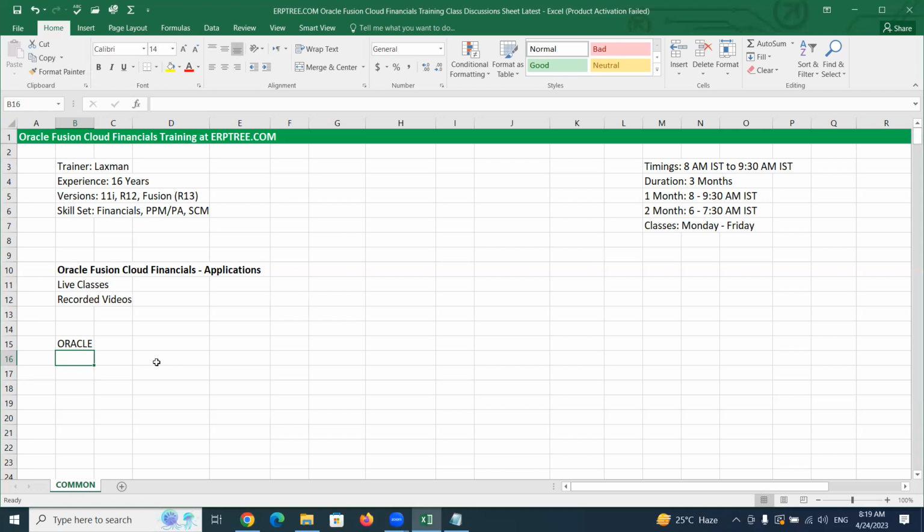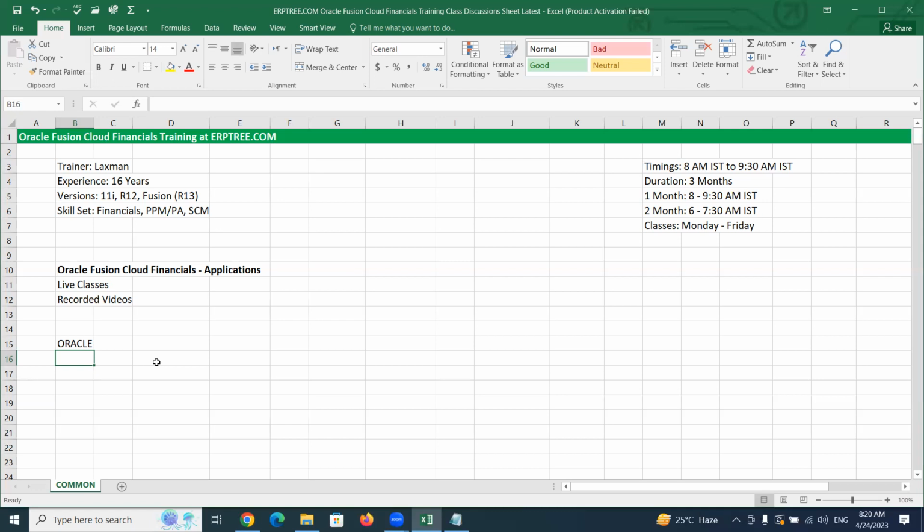Take the example of the payables department. They are always involved in the activity of making the payment. The receivables department collects the payment from customers. The cash department maintains the bank accounts. The asset department takes care of the assets the organization has. This is how there are certain departments which always deal with money or finance related data.